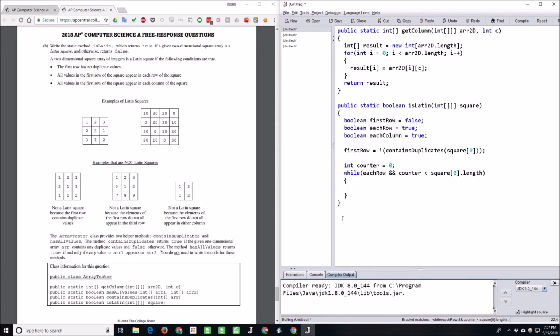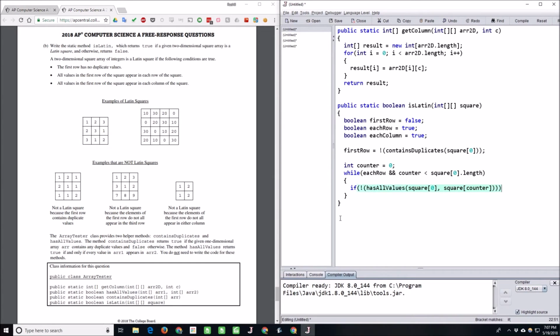So, while that's true, if not has all values square 0 square counter,